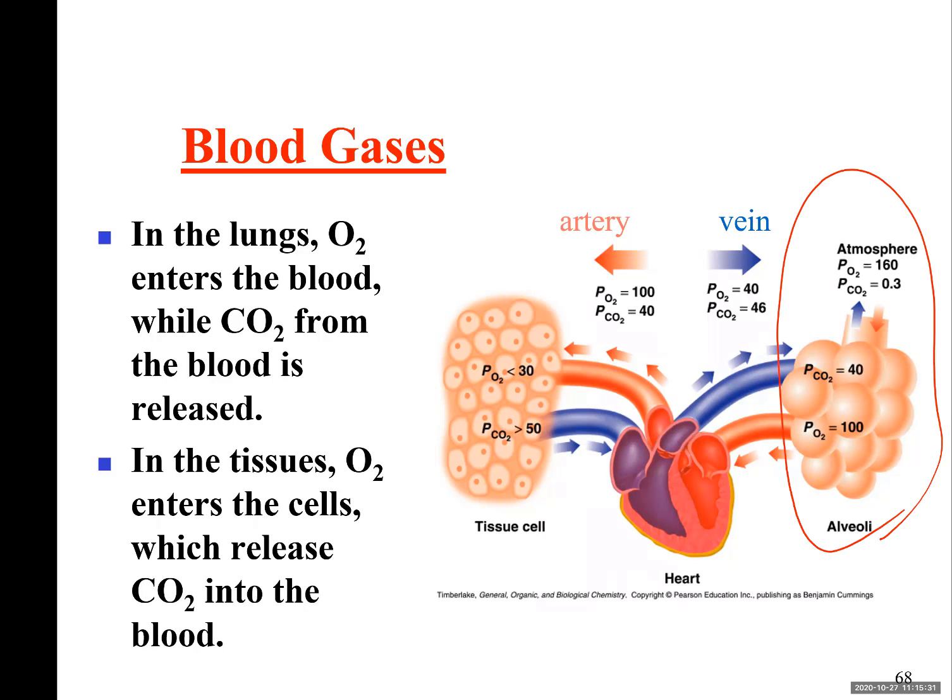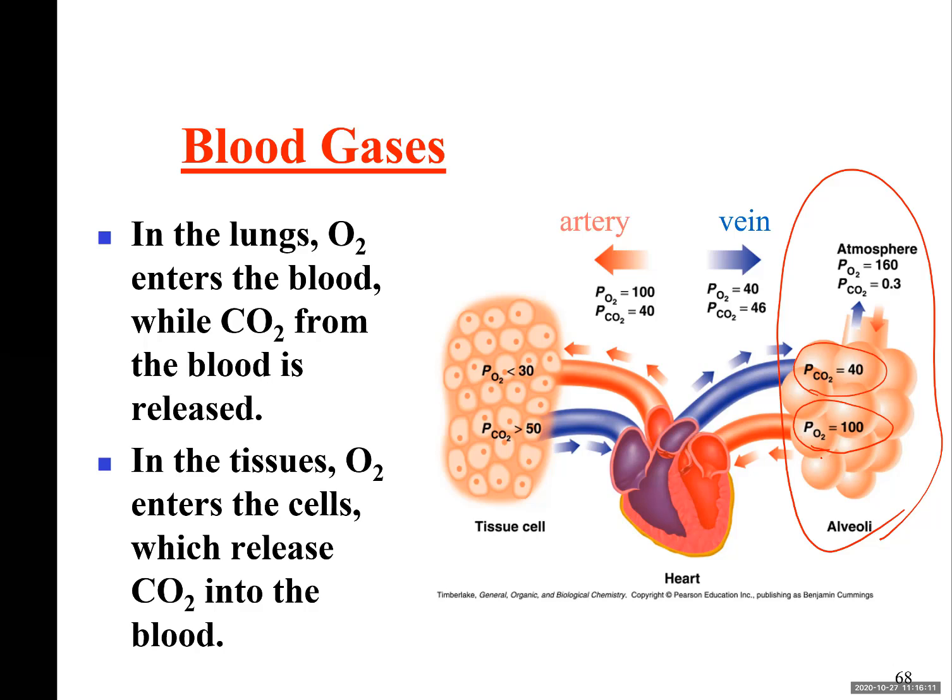These are alveoli, air sac in our lungs. And the pressure of gases inside our lungs and alveoli can be adjusted by changing the volume, right? Volume and pressure are inversely related. So the pressure of oxygen in our alveoli is adjusted to be 100 millimeter of mercury. And there is carbon dioxide kept at a pressure of 40 millimeter of mercury.